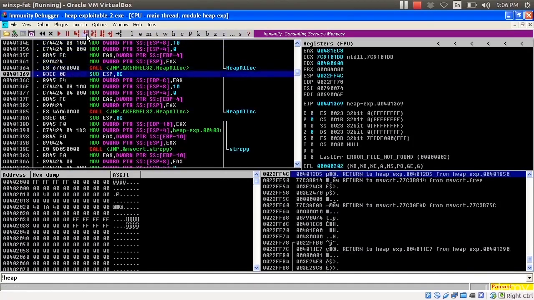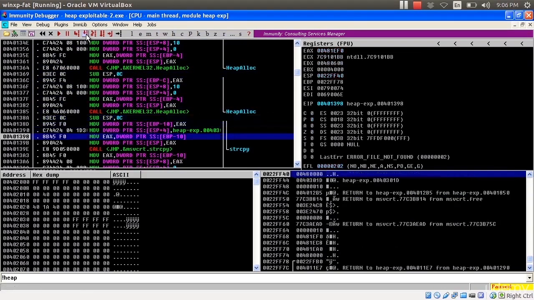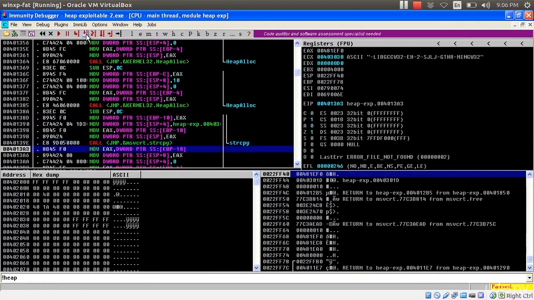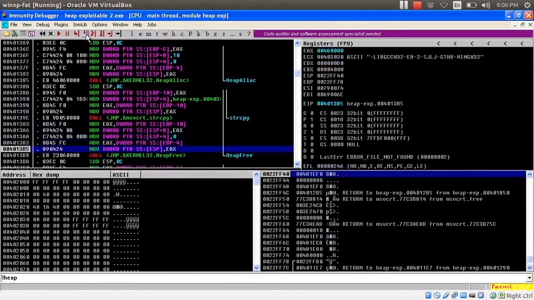And I'll go ahead and step, allocate buffer 2 again. I allocate my third buffer. And now I'm getting ready to call strcpy. So I can call strcpy here. And that has copied in my shellcode into buffer number 3. I can keep on stepping. And before I get to the free, I